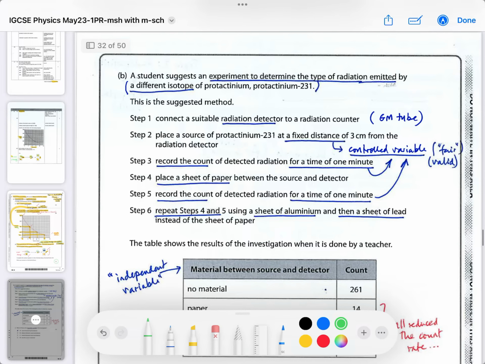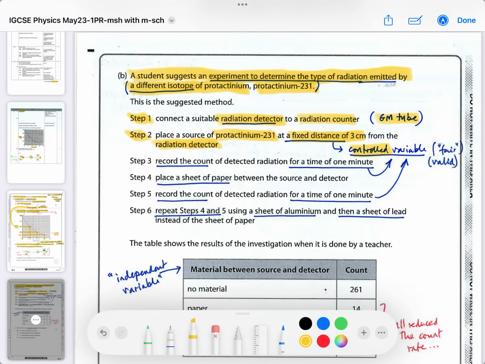And the next bit of the question, it mentions that a student suggests an experiment to determine the type of radiation emitted by a different isotope of protactinium, this time protactinium-231, and this is his suggested method. Step 1, connect a suitable radiation detector to a radiation counter, so that will be a GM tube, Geiger-Müller tube. Step 2, place the source, at a fixed distance, 3 centimeters as we suggested, from the Geiger-Müller tube, the detector,